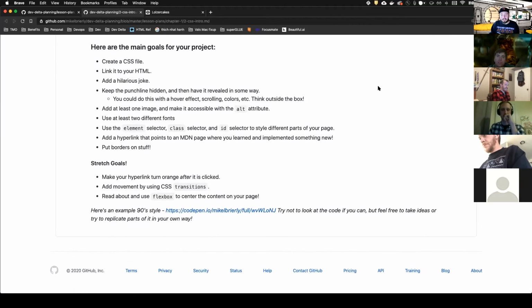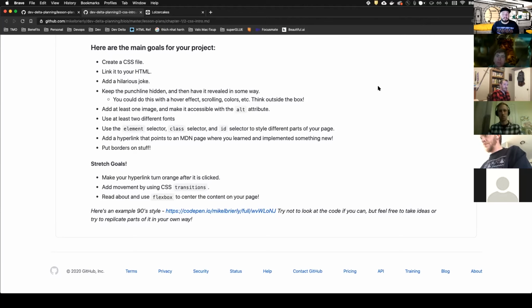Okay, try to use at least 2 different fonts. So you're gonna wanna look up how to change the font from the system font to a different font. That's gonna be done with CSS as well. Like I said, all of this is gonna be CSS and HTML. You don't need to do any JavaScript here. If you want to go crazy and add JavaScript, you totally can, but none of this requires any JavaScript, just